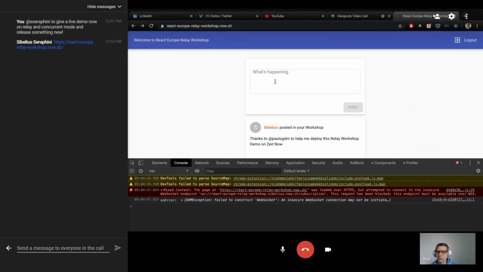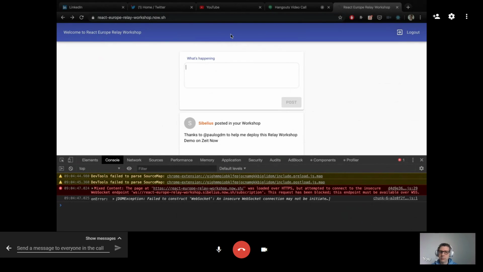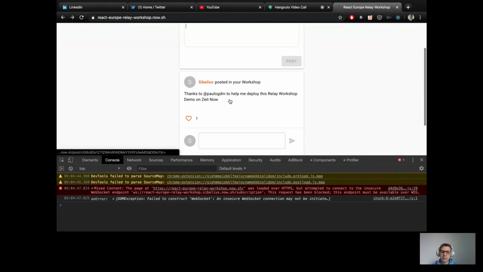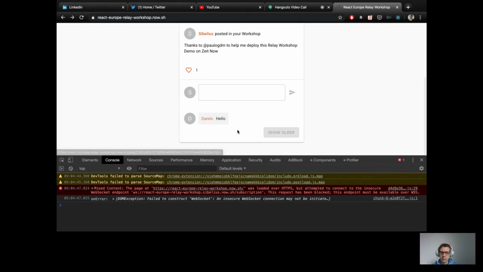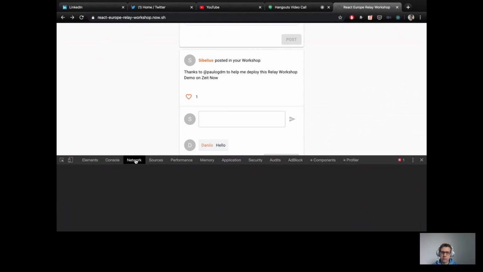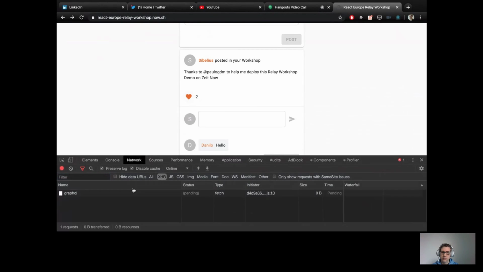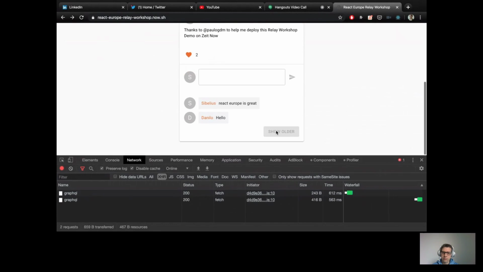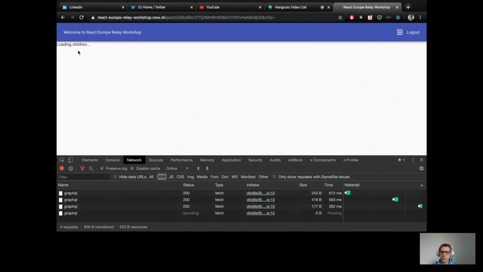So the idea is a base Facebook. You can log in, you can log out like this. You can post what's going on. You can see who posted something. Somebody can comment like this. You can like. So likes use optimistic update. You can see here, even before the request finishes, I'm gonna see a like. You can comment. Actually, Europe is great. You can see more comments if you click here. If you click here, it just routes to the other stuff.